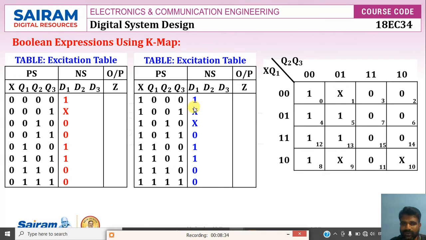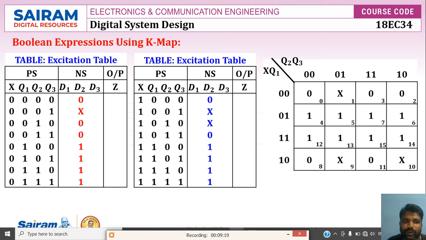And next 4 entries: 1 don't care 0, which I have written in the last row. And next 4 entries 1 1 0 0. Okay, this is how we end. Next, grouping of ones. Here one octant is possible. The expression common from these is 0, corresponding to Q2, so Q2 bar is the expression for D1.